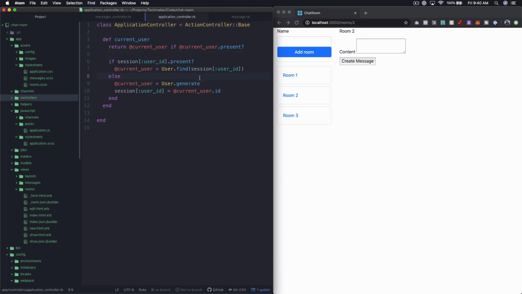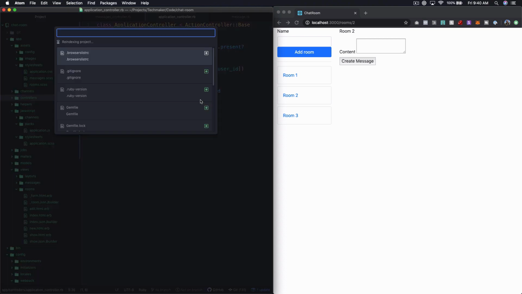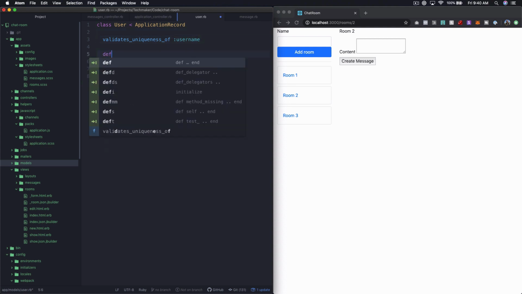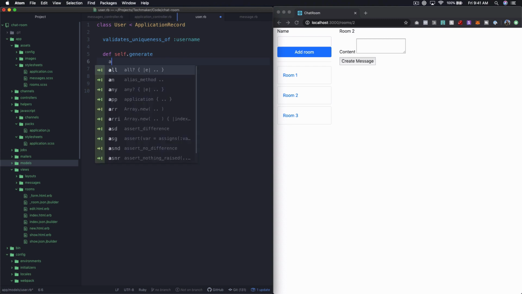Okay, so what do we need in here? We need this User.generate business. So let's go to user, and I'm going to create a class method called generate. So we'll say def self.generate. We have to have a unique username, so I'm going to do something where we say, like,